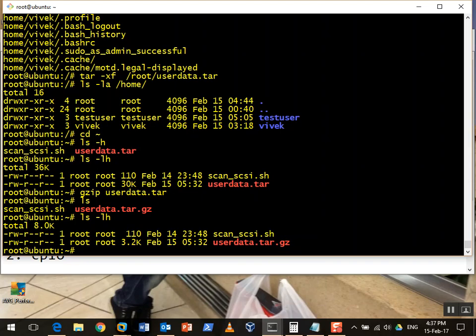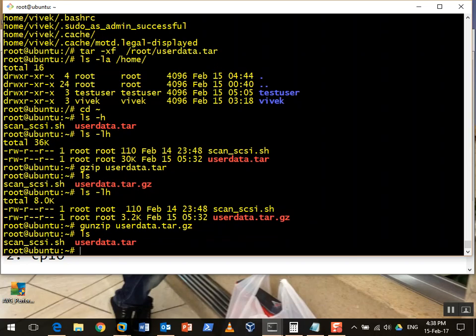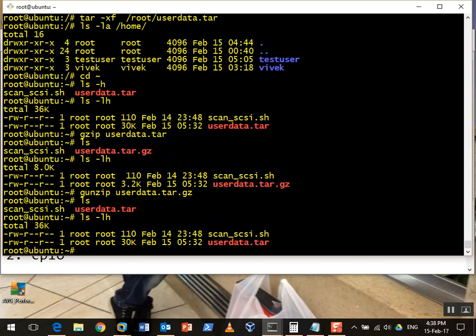This is gzip. I need to get this data back. gunzip. Sorry. Check it back again. There is no more a .gz file, and you got back your 30K of data. Another type of compression that you can use here is